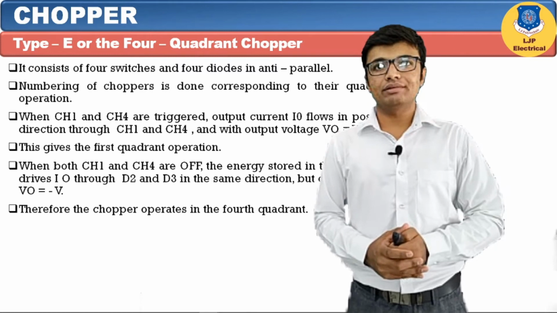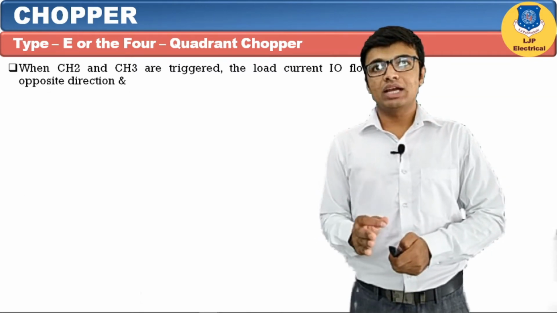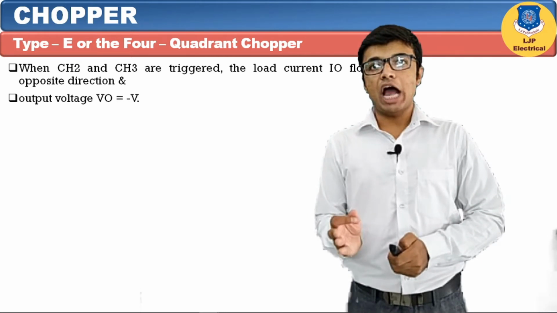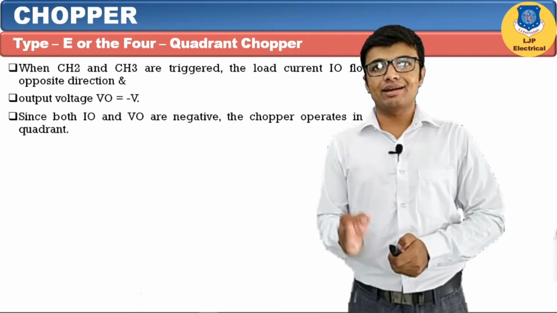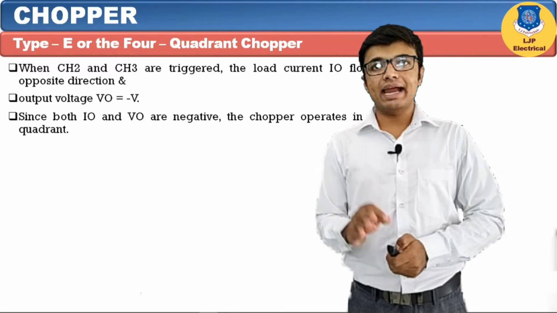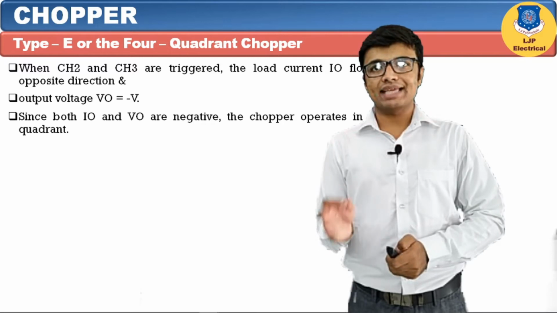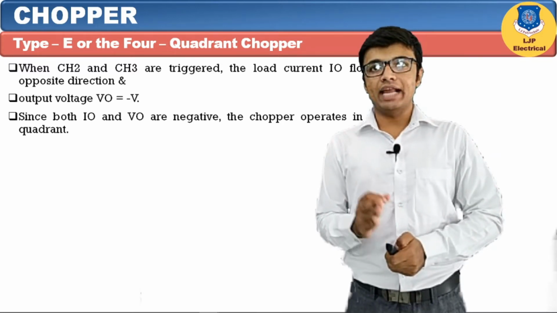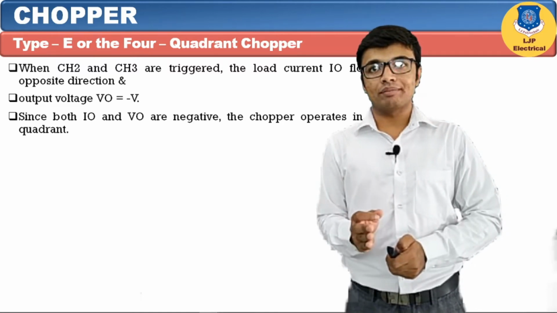because voltage is negative. Now suppose switch 2 and switch 3 are triggered, then load current IO will flow in the direction opposite to the previous one, such that output voltage is equal to -Vs. If switch 2 and switch 3 are triggered, then output voltage is negative. At the same time the current will flow opposite to the direction of current which we assumed previously. Here output voltage and output current both are negative, such that we will get operation of the chopper in the third